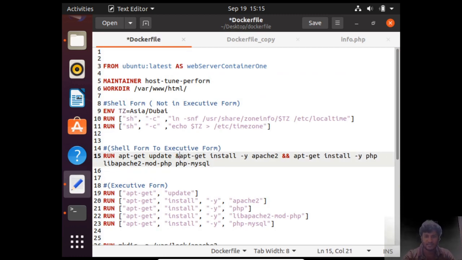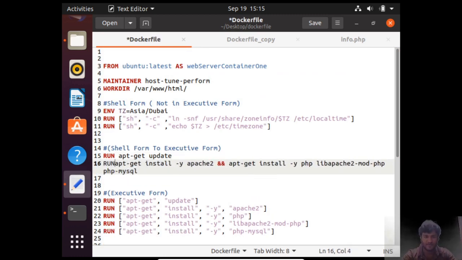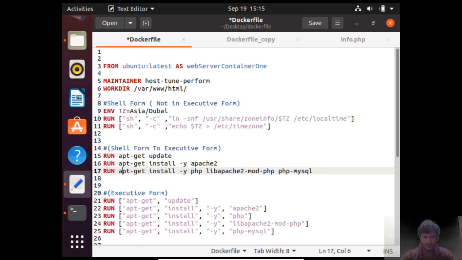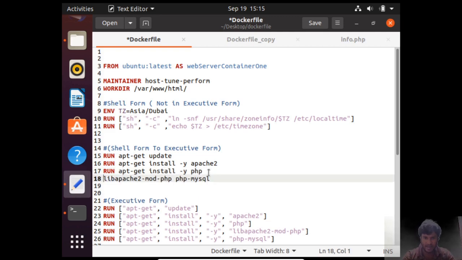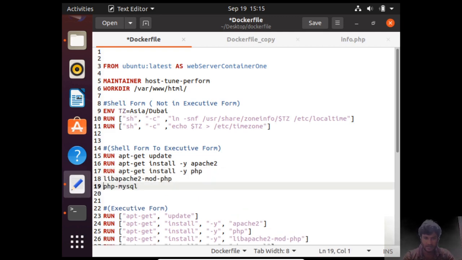Let me at first put it on different lines. So this is one command, then this is another command, and let this be another command, and another command. So let me copy this and paste this, again paste this.